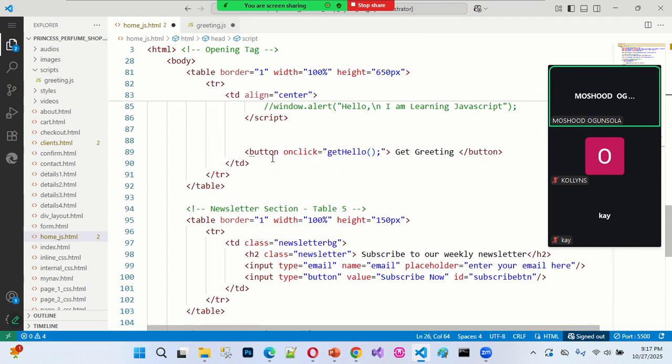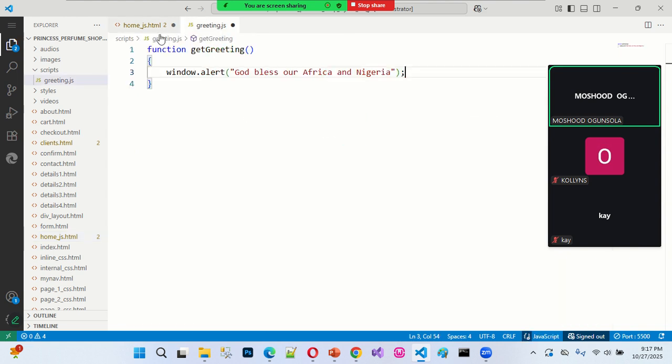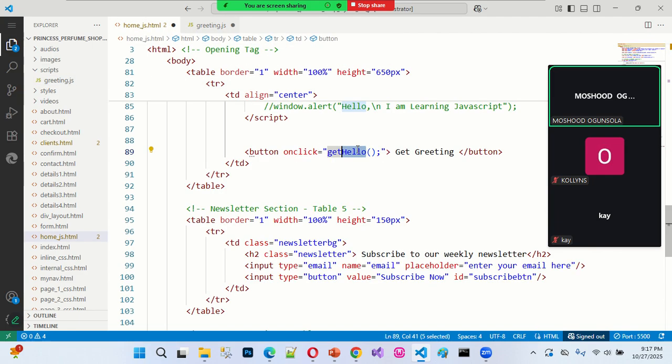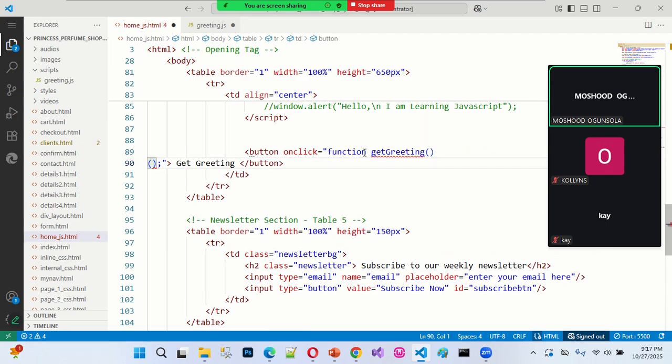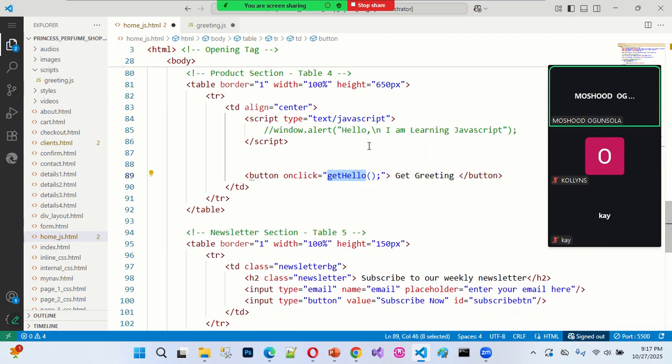So you see, get hello. What I'm going to do now is change this one to the name of the JavaScript in my external file. Remember, when I created that JavaScript, the name I gave to it was greeting. Do you get it now? So I can call this one, and I change this one here to what? Get greeting now. Oh God, undo. I call it get greeting,